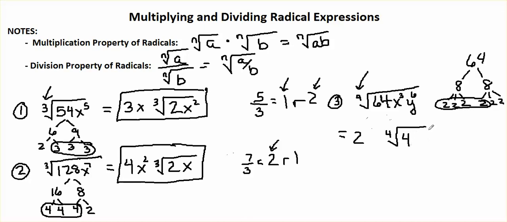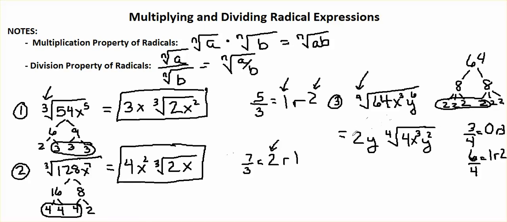4 stays under. So let's take a look at our variables now. If I take 3 and divide it by 4, 4 does not go into 3. It goes into 3 0 times with a remainder of 3. So I cannot pull any of them out, and 3 of them have to stay on the inside. So my x's all stay on the inside. But how about with my 6? If I divide 6 by 4, 4 goes into 6 one time, and it has a remainder of 2. I can pull one of my y's out, and the other 2 have to stay on the inside of my